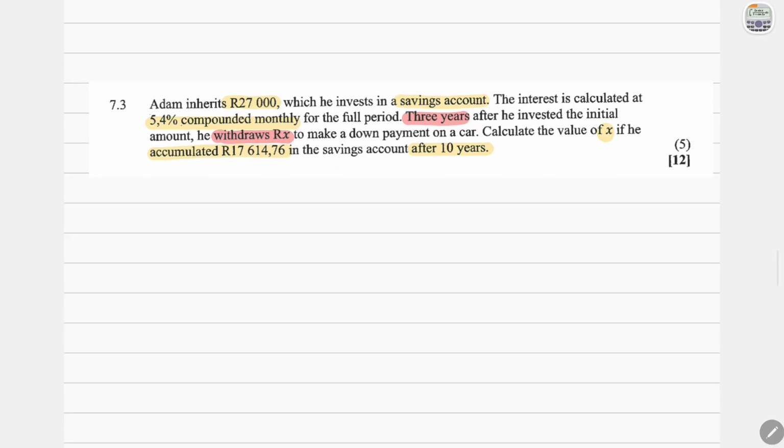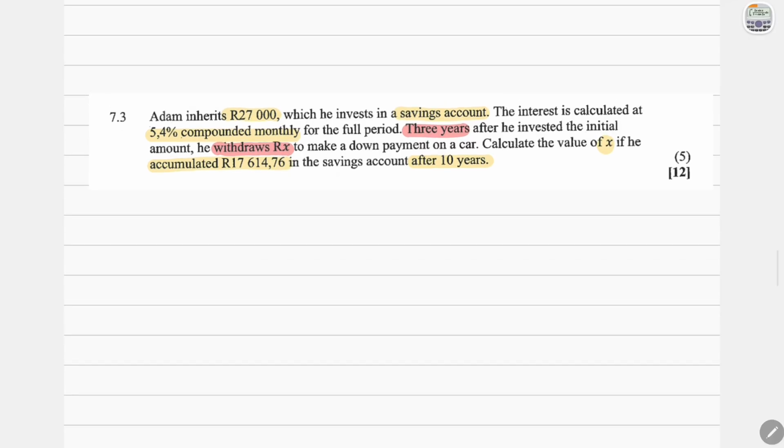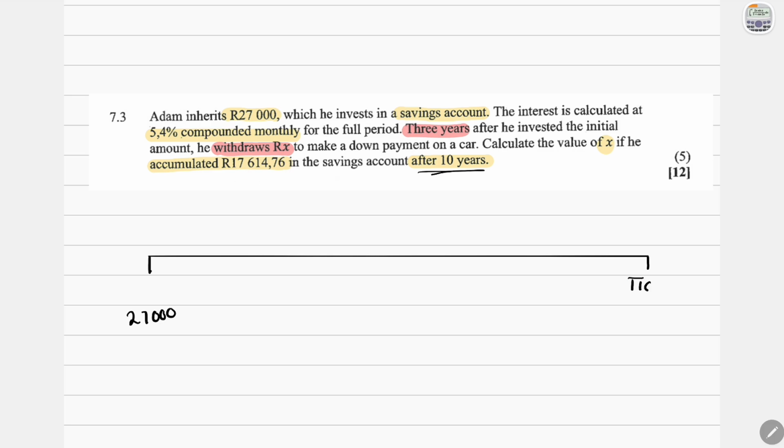So from this question, you see that this is not a future value question, okay? Someone is not saving money every month or depositing money into an account every month. There's one amount, 27,000, which he inherits. And then he gets this amount and he invests it, right? Then we know that this savings account lasts for 10 years because they told us after 10 years, he has this amount. So at T10, he has